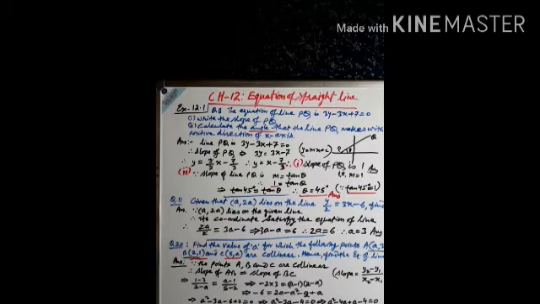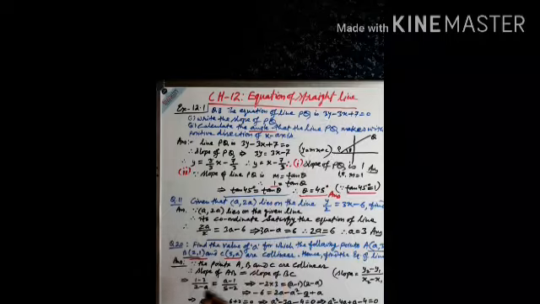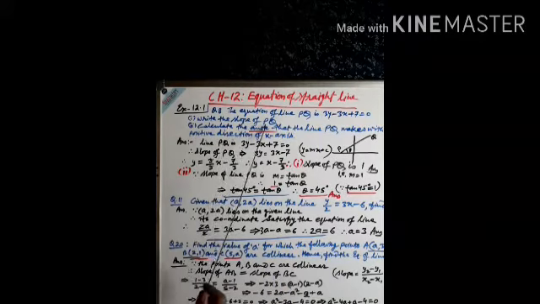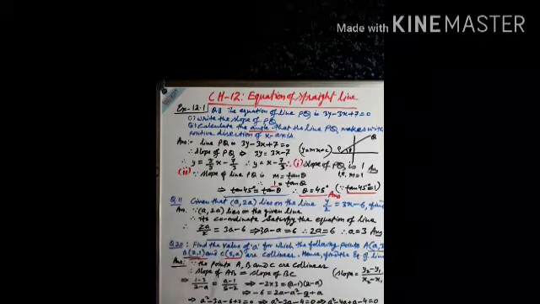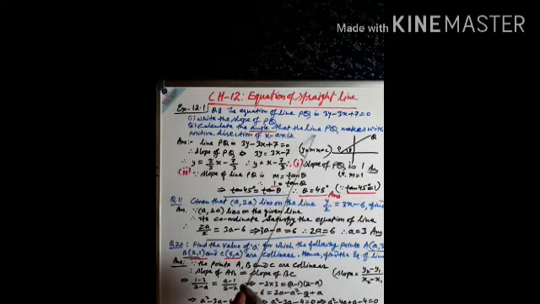Okay, let us solve question number 8 from exercise 12.1. Here we have to find the equation of a line PQ which is 3y minus 3x plus 7 equal to 0. So from this equation, this is the equation of a line. You have to write the slope of the line PQ. You have to find the slope of this line and calculate the angle that the line PQ makes with the positive direction of the x-axis.